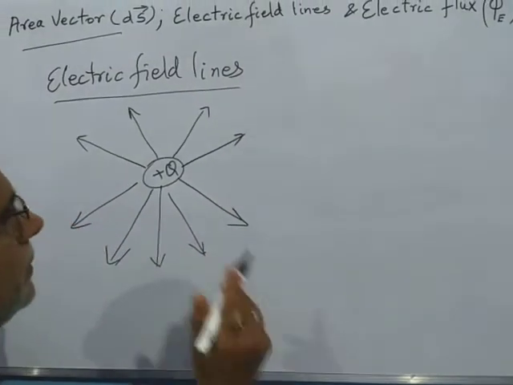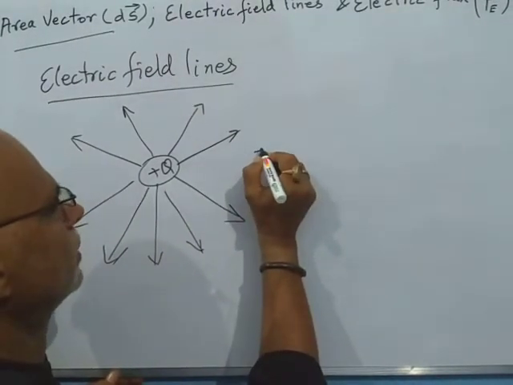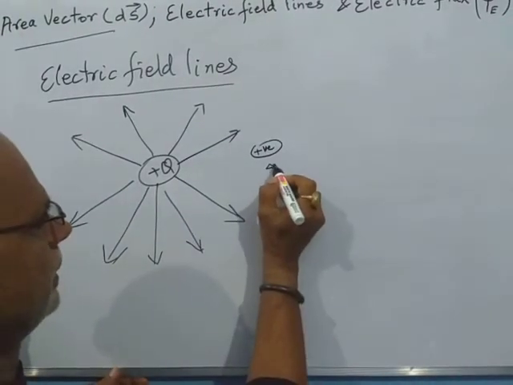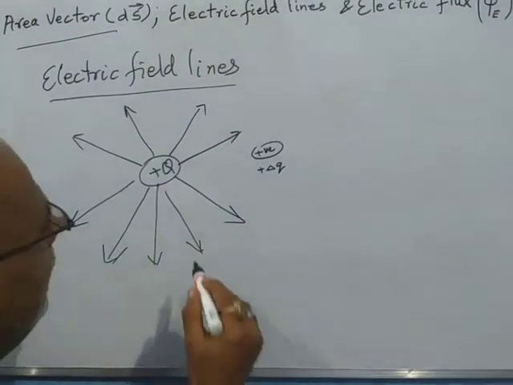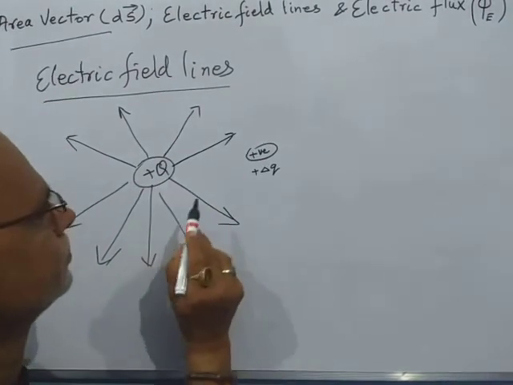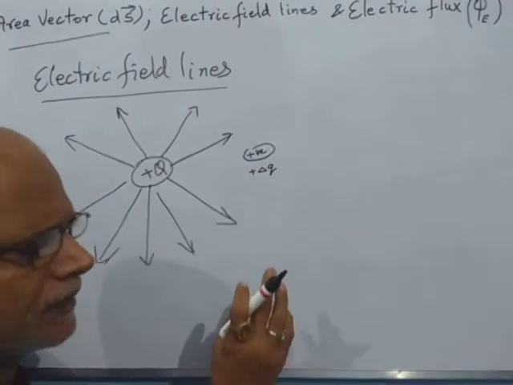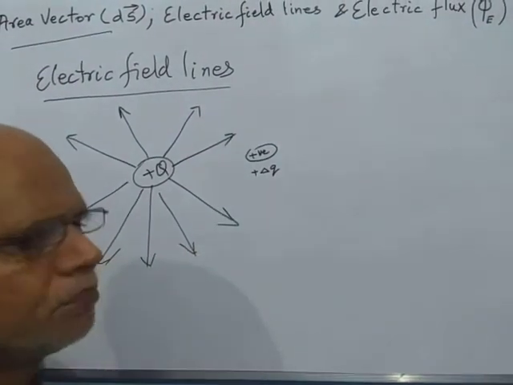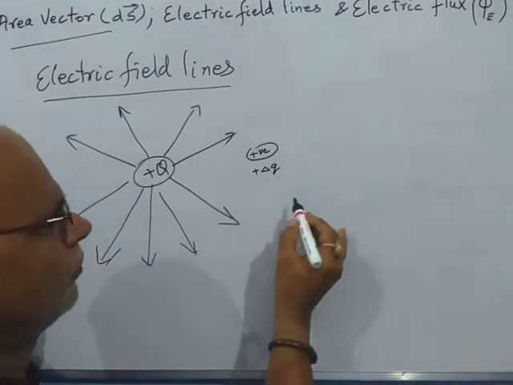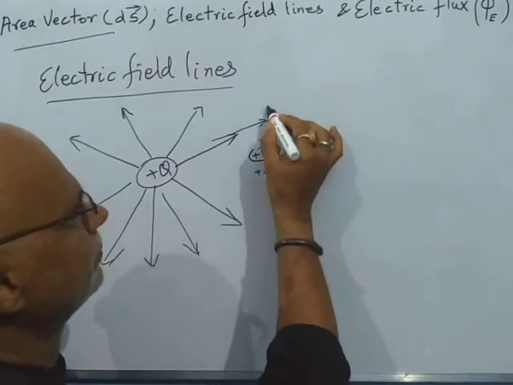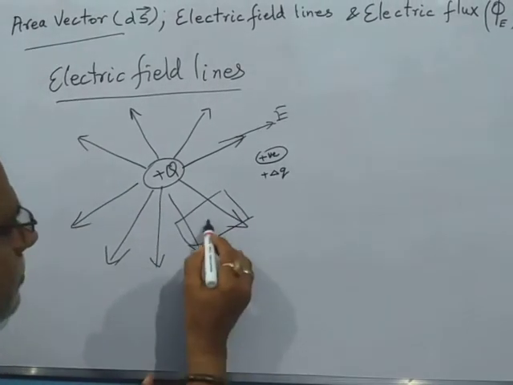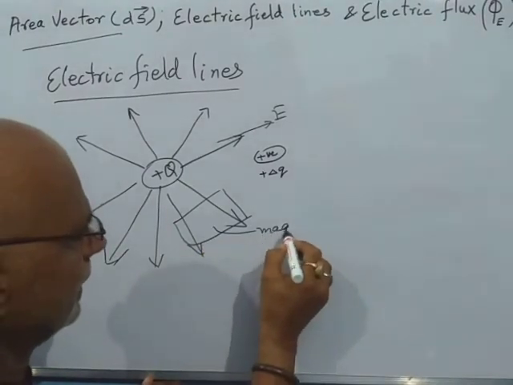Now, what is an electric field line? If we imagine a unit positive charge placed over here, or any positive charge, say test charge delta Q placed over here, then the path along which this charge will move under the influence of electric field of the source charge Q, that path is known as electric field line, and it has two important properties: the tangent to these lines always shows the direction of electric field, and the total number of electric field lines per unit area gives the magnitude of electric field at that point.